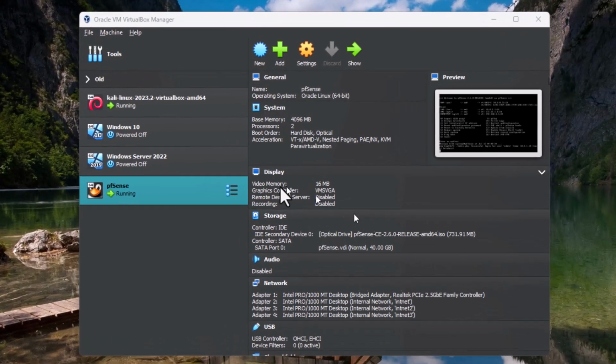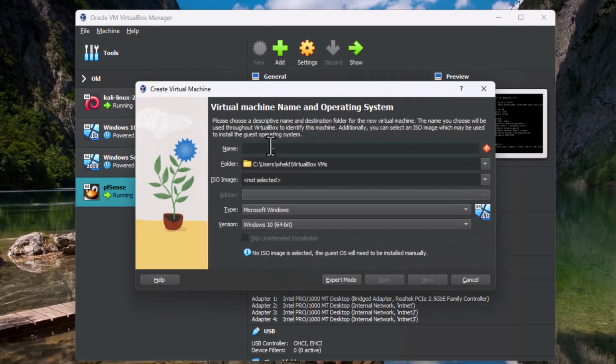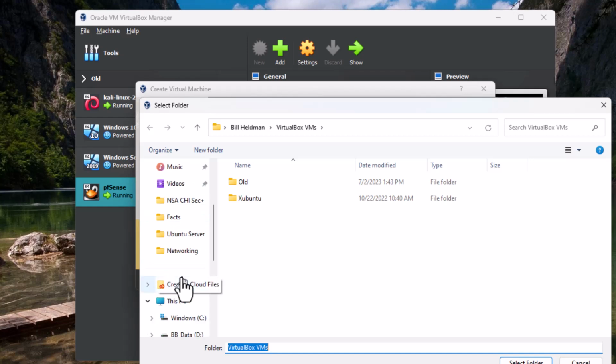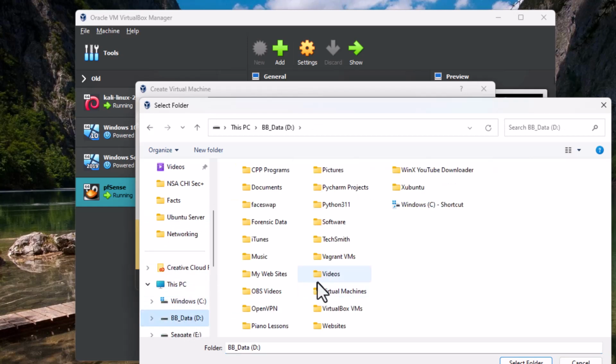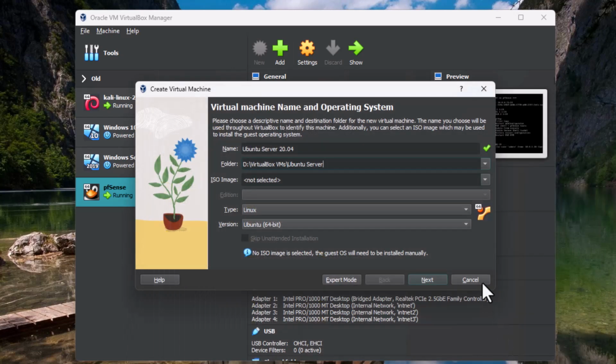Let me grab it. We're going to create a brand new machine here. I'm going to click the New button, and I'm going to call this Ubuntu Server. And this is 20.04, and it is named Jammy. You could put Jammy in here if you wanted to. Ubuntu has this weird habit of naming their distros with different names, and in this case it's Jammy Jellyfish, I think is what it's called. I'm going to put this in VirtualBox VM Ubuntu Server, select this folder,